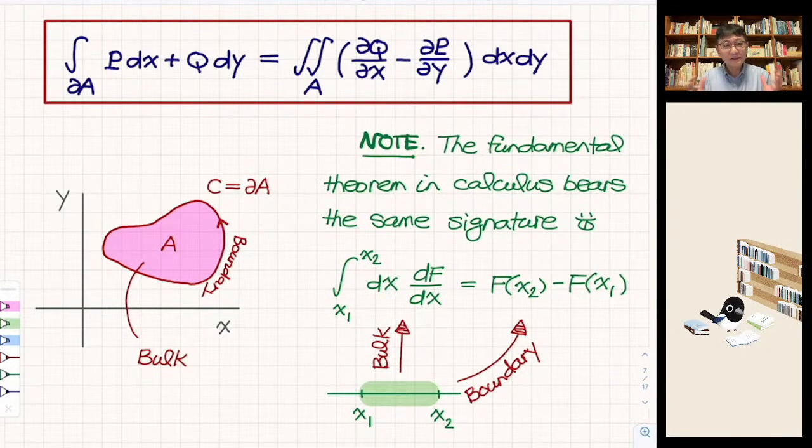Then you realize Green's theorem bears the same signature as what you learned before. You just need to really open up your eyes. So this is a book, right? This is the whole segment. You calculate over the whole segment and get the integral. But then the segment has a trivial boundary. It's 2 points. So this whole integral, going through every single point and then performing the integral,